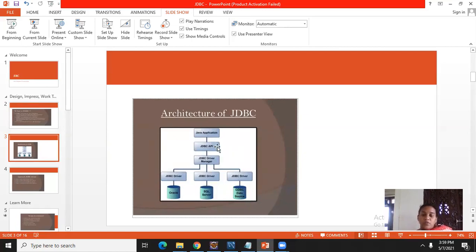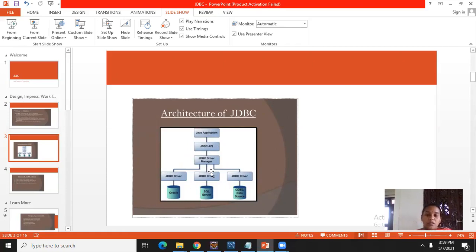The main functionality of JDBC is that it understands the Java programming commands as well as the database commands. It needs to communicate with both the Java application and the database. For this it will take the help of the JDBC driver manager, which provides the interface between these two.